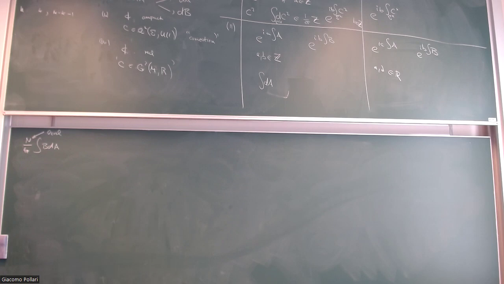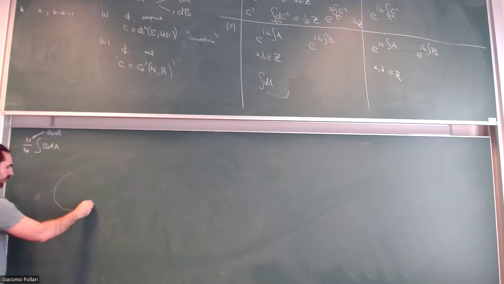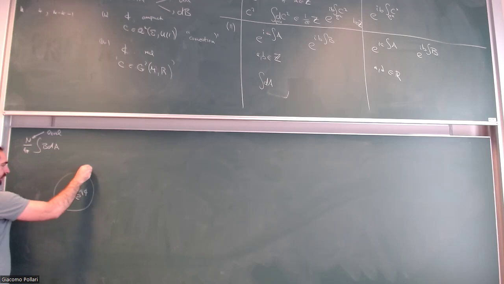Okay, so the compact case now. In the compact case, let's take this 2 form, 0 form case, and look at what happens if I have e to the iq phi and e to the